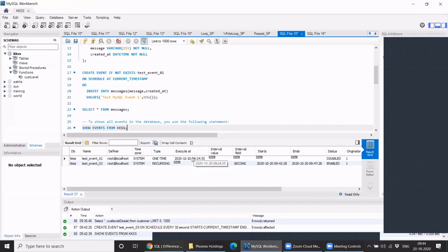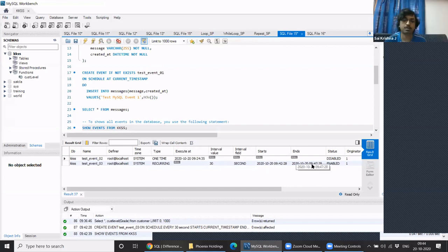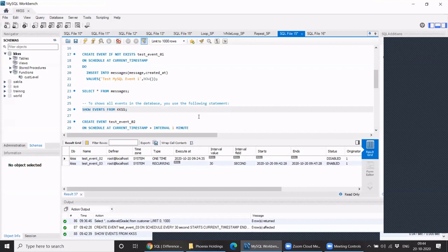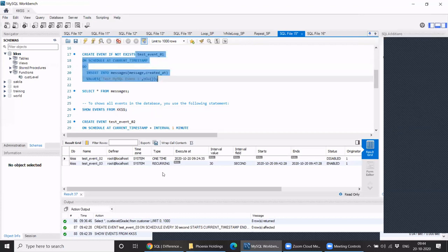For that, if it's a one-time event, it will show you the execute at, so the date and time when this command was executed. And for the recurring one, it will show you that it's running at an interval of 30 seconds from this time to this time. Right. Got it. But if you don't preserve it, it won't show you in the log. So that is the issue you can face. I think a good practice might be to preserve it. Yes, like this first one ran, but you can't check it from the logs.